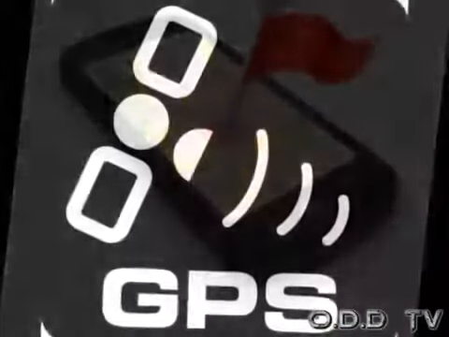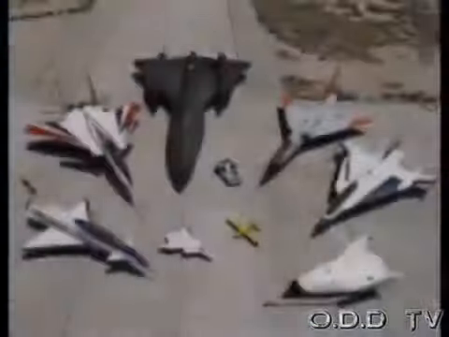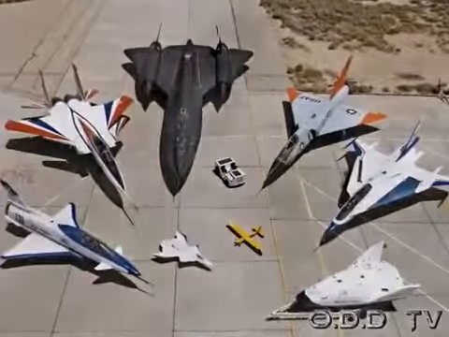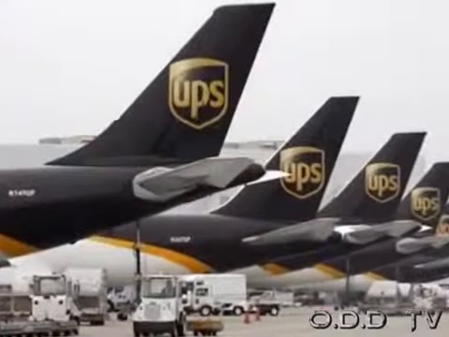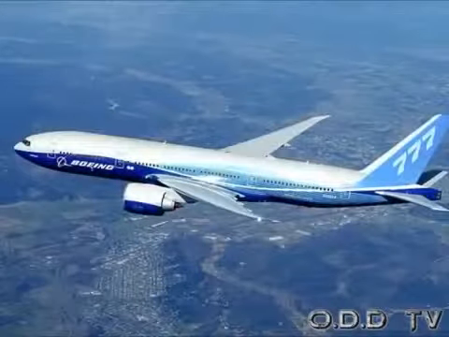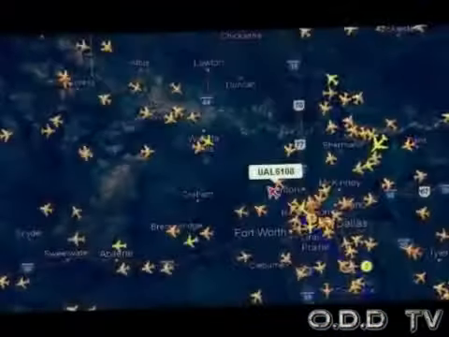So while your phone is tracked at all times, so are other things, most notably all air traffic. Now, if you're military, you could view military planes. If you work at a cargo carrier like UPS or FedEx, you can view transport planes. The general public is mostly limited to commercial air traffic. This can be viewed in several places, and the one I chose was